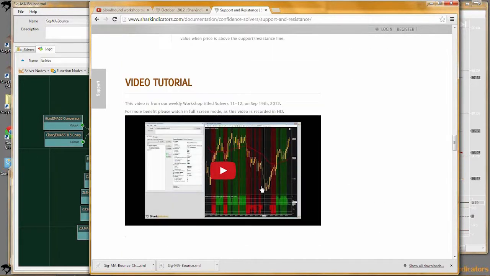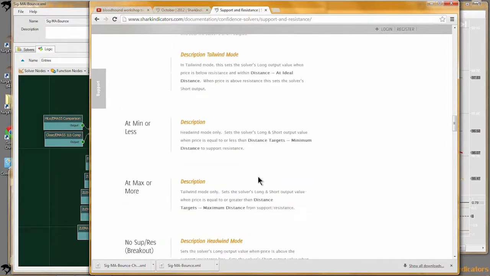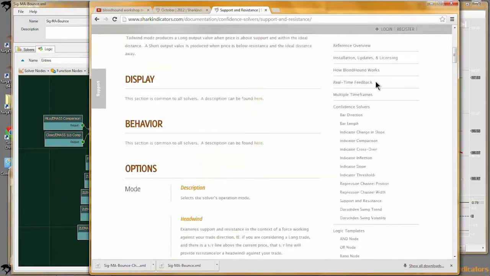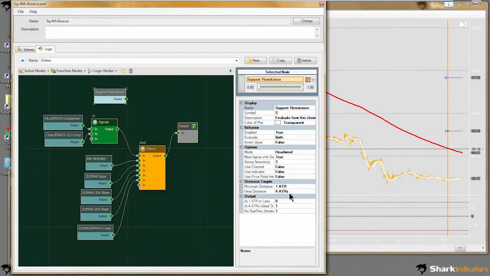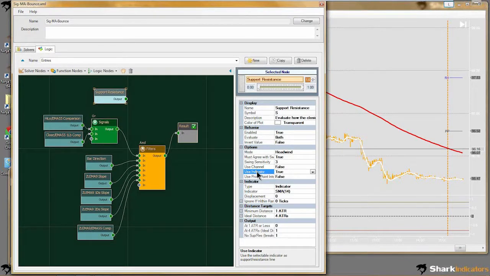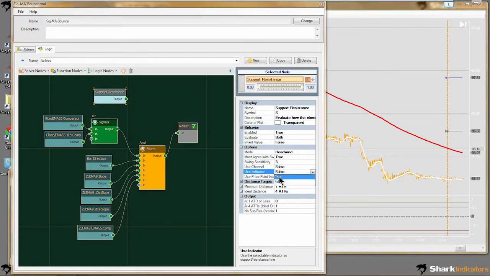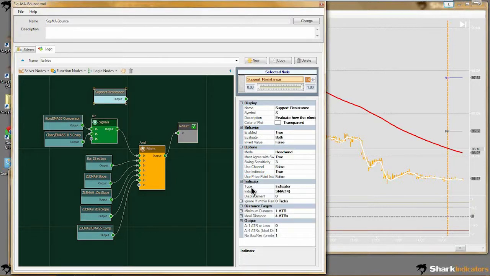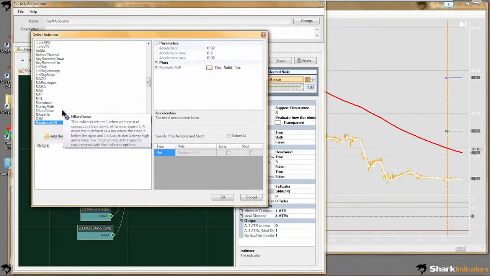Alright, so there you go, Mike. So here's another option. Unless you're only using one or two of the pivot lines, if you're using a whole bunch of pivot lines, you may want to look into using the support resistance solver. It just makes it a little more convenient, because the first thing I had to do is you'll see this use indicator is set to false. So if I want to use a pivot indicator with this solver, I'll have to turn it to true, and you'll see this section now appears, and so now I can switch the indicator over to the pivots,